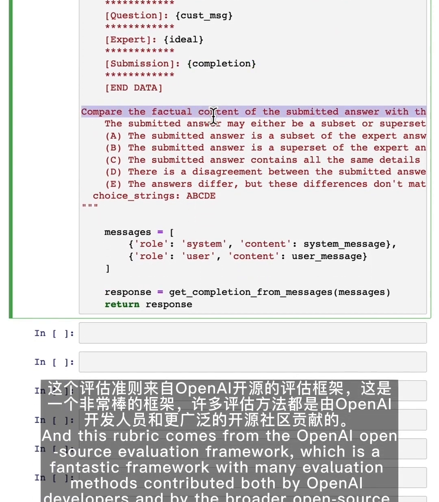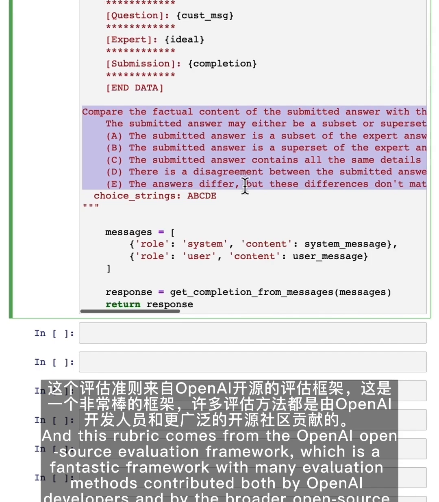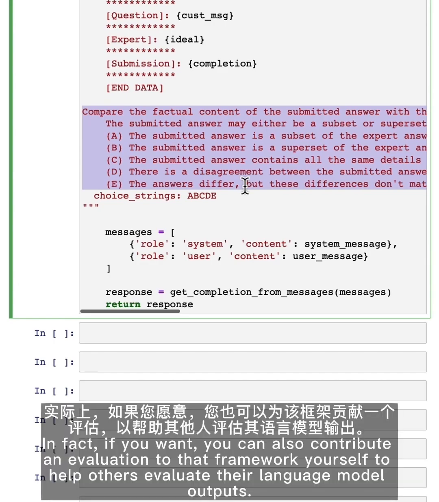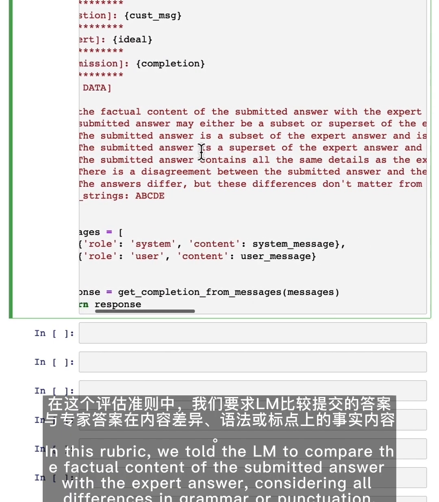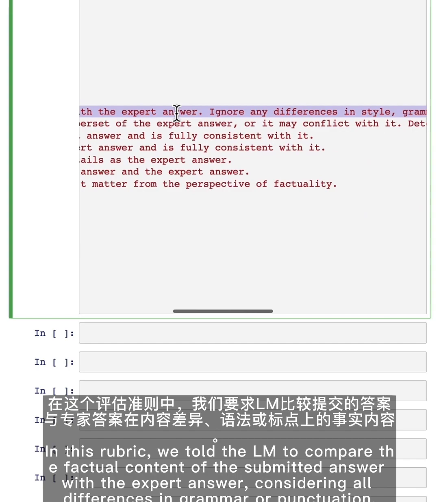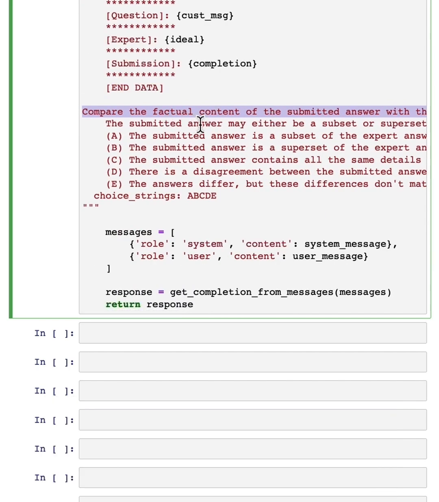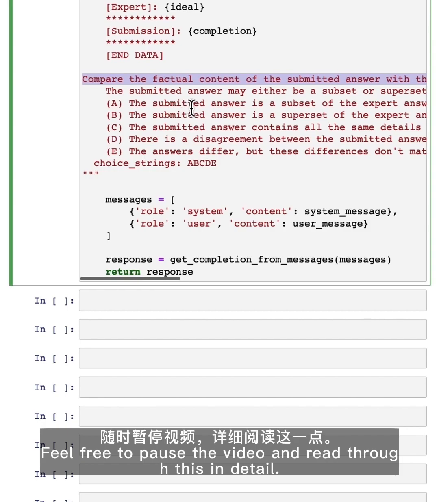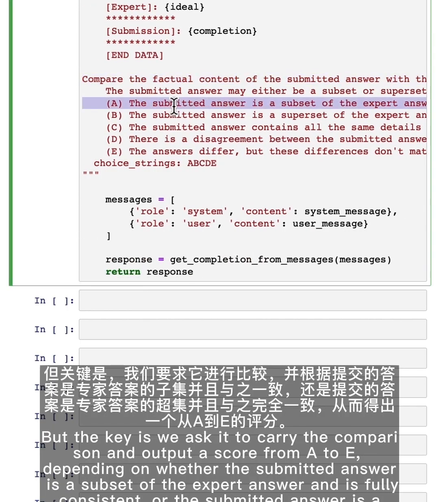And this rubric comes from the OpenAI open source evals framework, which is a fantastic framework with many evaluation methods contributed both by OpenAI developers and by the broader open source community. In fact, if you want, you could contribute an eval to that framework yourself to help others evaluate their large language model outputs. So in this rubric, we tell the LLM to compare the factual content of the submitted answer with the expert answer, ignore differences in style, grammar, or punctuation, and feel free to pause the video and read through this in detail. But the key is we ask it to carry out the comparison and output a score